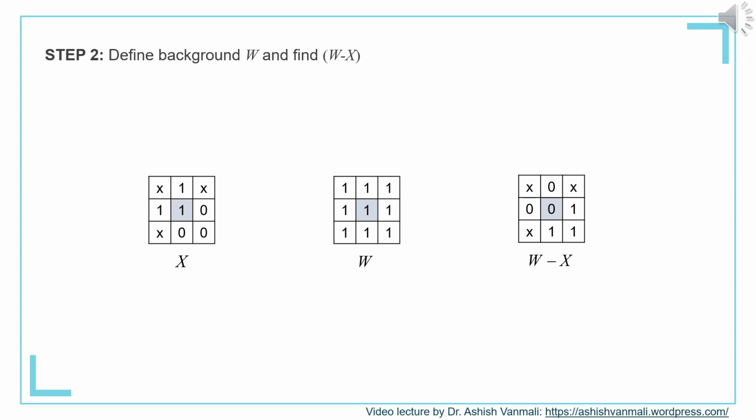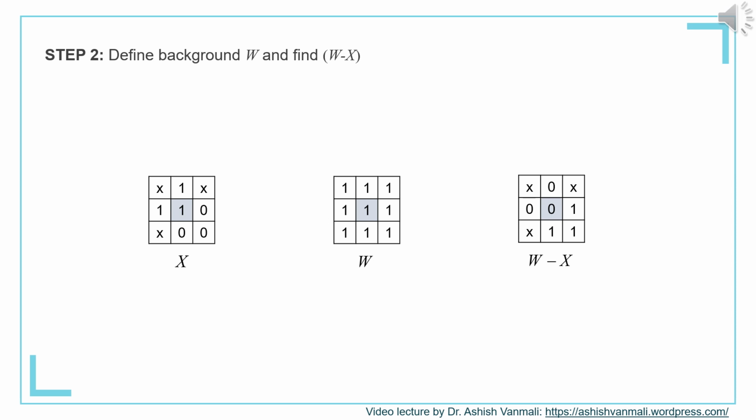For this, what you can do is take a W matrix, which is of the same size as that of X, with all ones, and simply perform W minus X. When you do it, you will have 1 minus 1 giving 0 and 1 minus 0 giving you 1. So automatically the values of X will get complemented and keep the don't care conditions as they are. So here you can see the W minus X obtained over here.